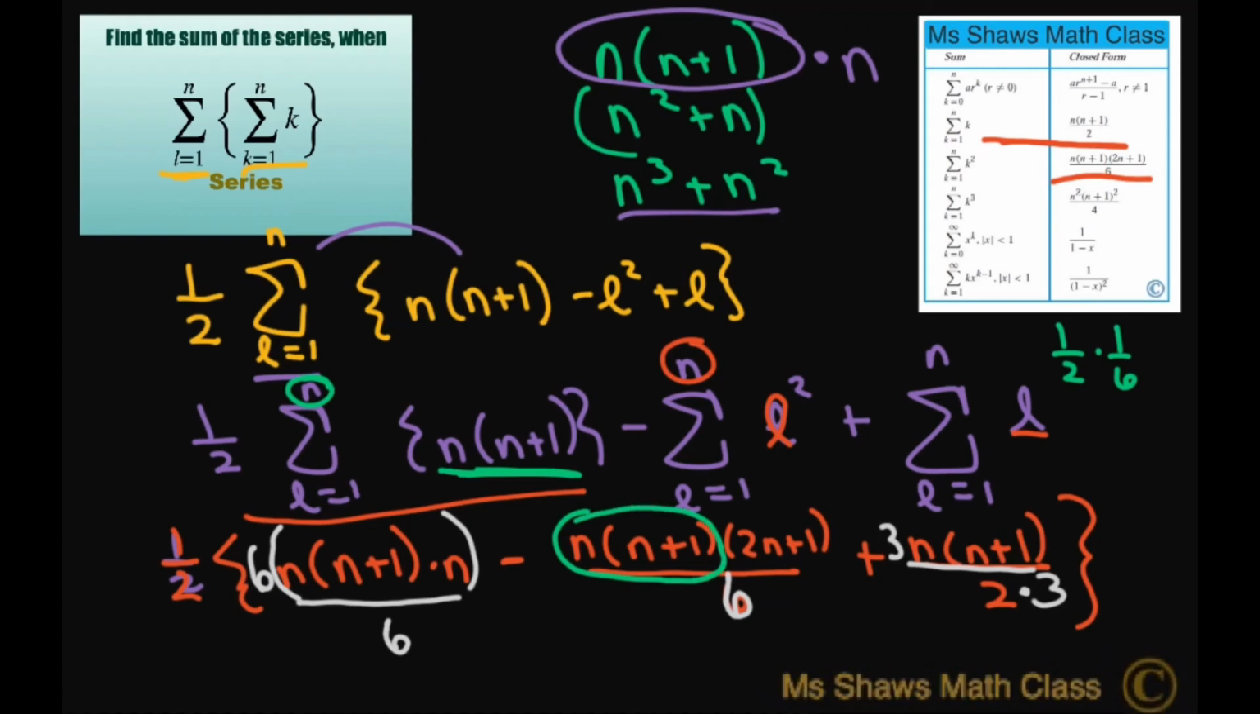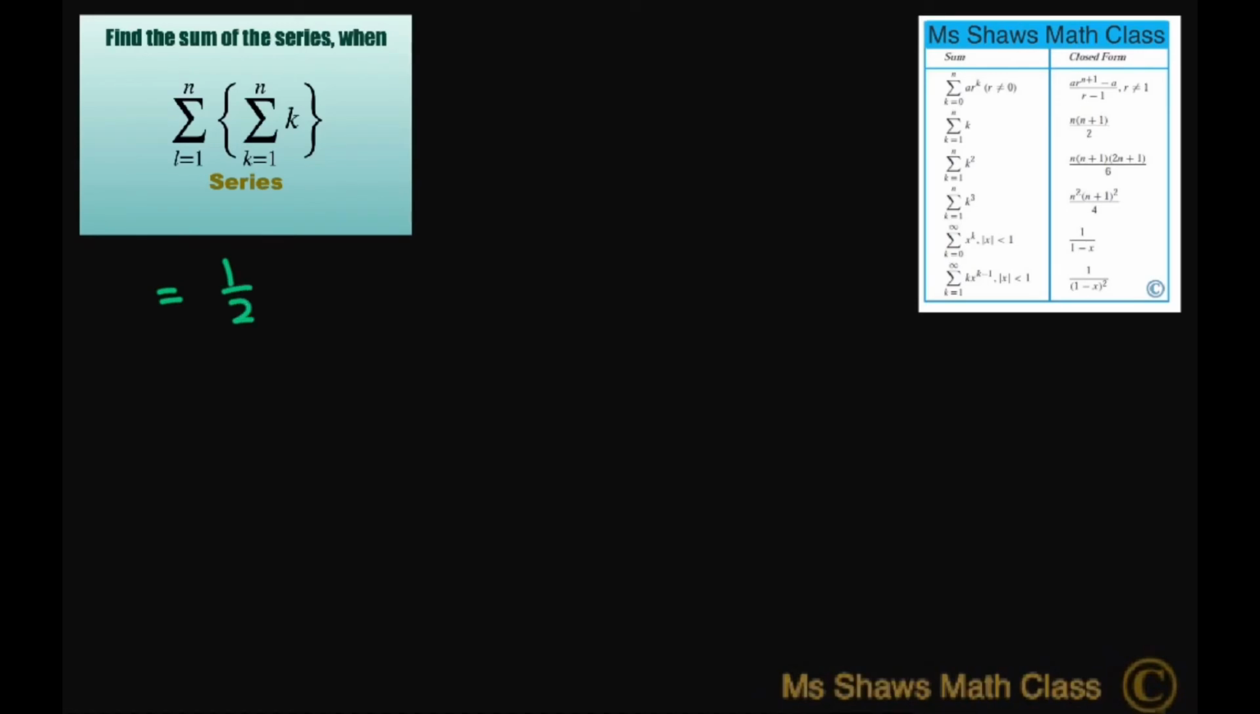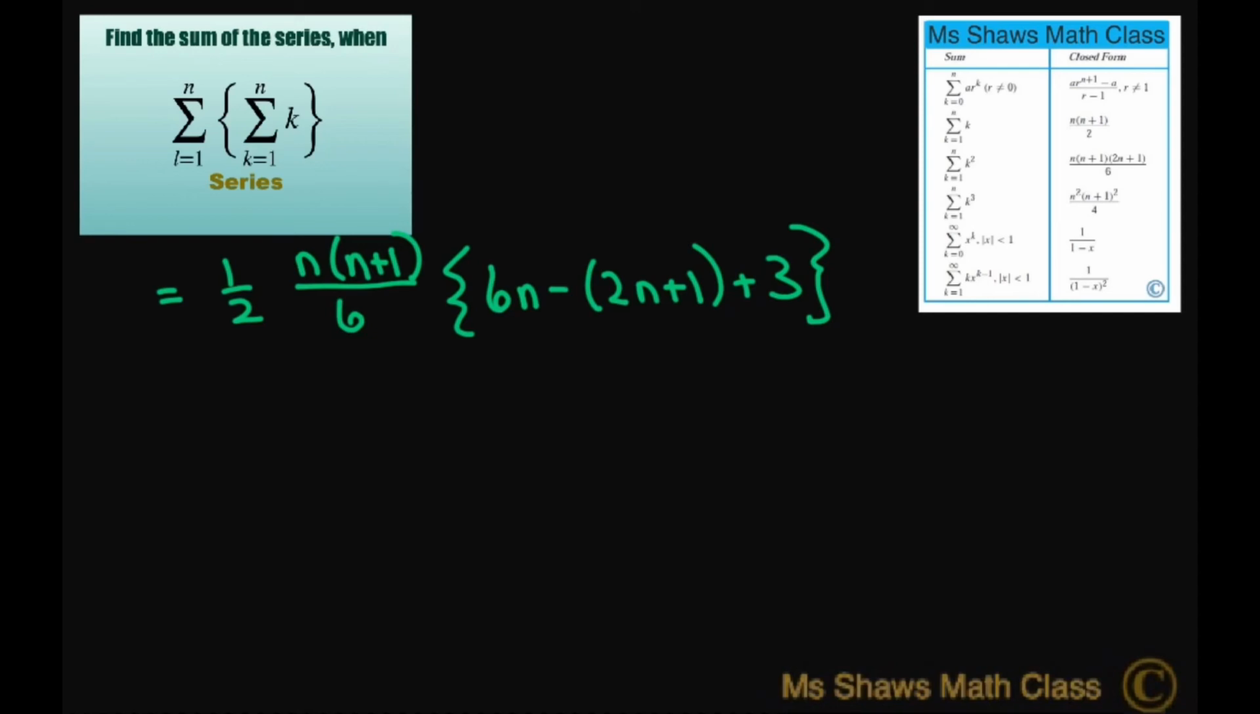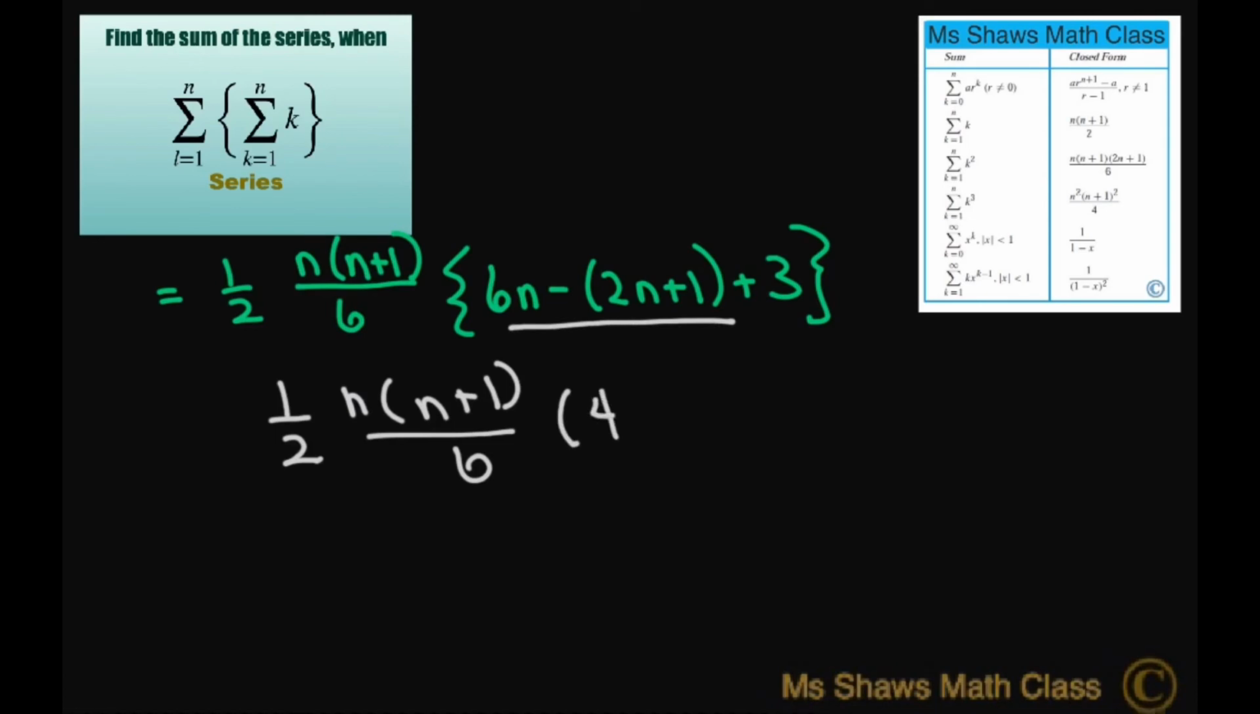That's going to give me 1/2, and I'm factoring out the 1/6 and the n times n plus 1. What's left is going to be 6n minus 2n plus 1 plus 3. This leaves me with 1/2 times n times n plus 1 divided by 6 times 4n plus 2. Now, when you simplify all this,